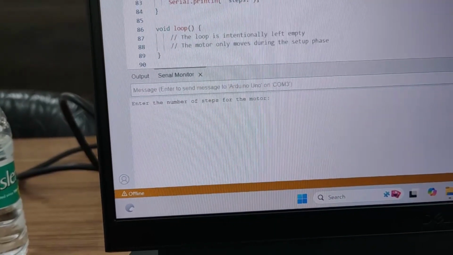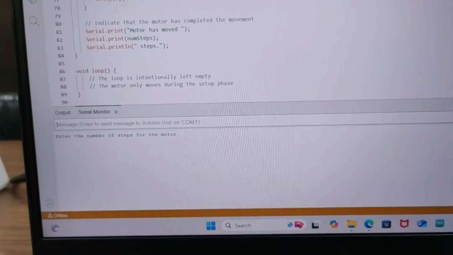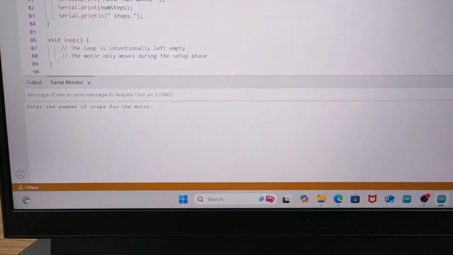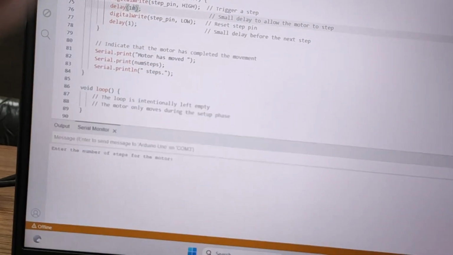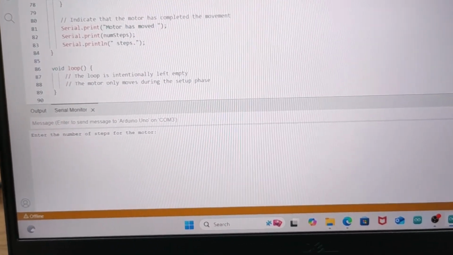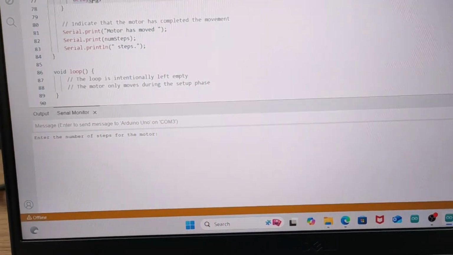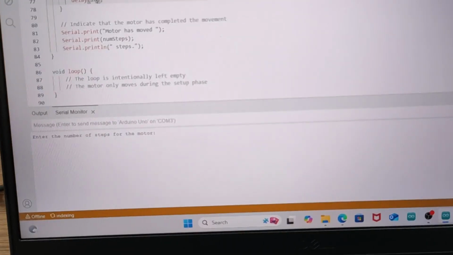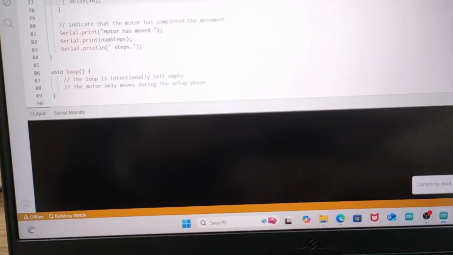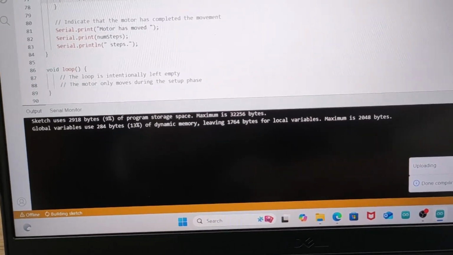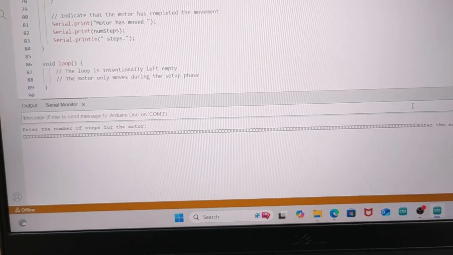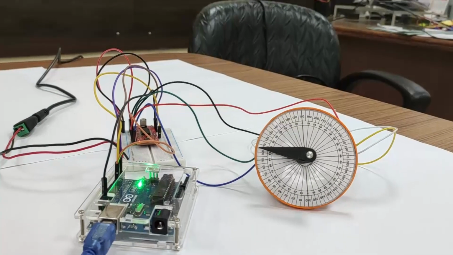Again we are seeing, enter the number of steps on the motor. First let us look at how many steps: 50, and the delay. 50 steps are being entered, and we can see the stepper motor has moved by 50 steps.